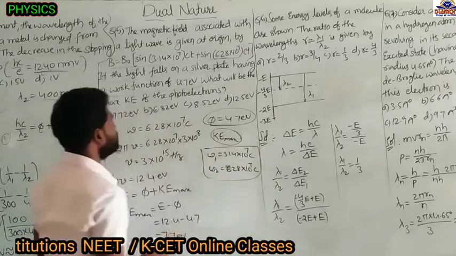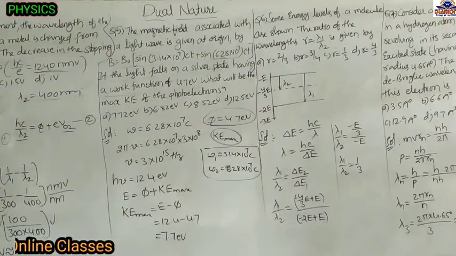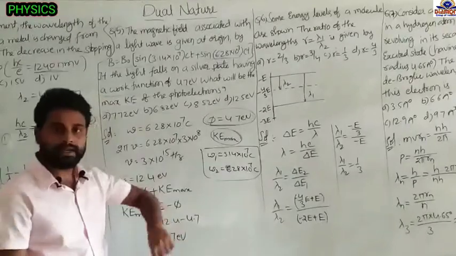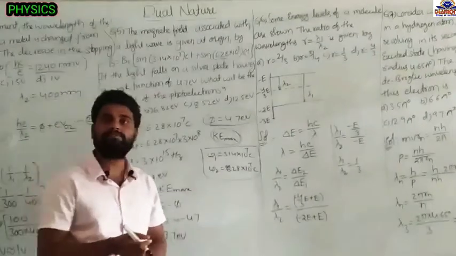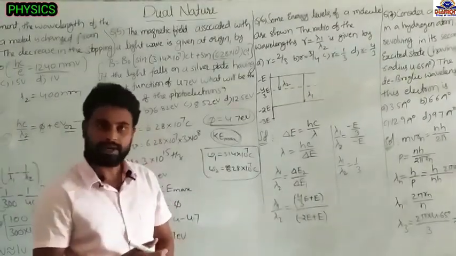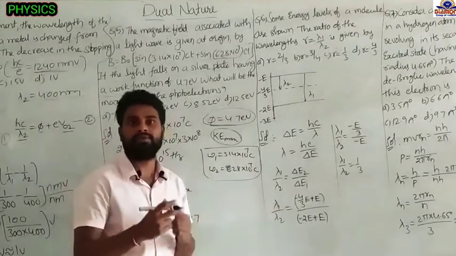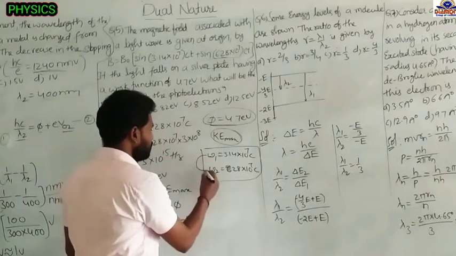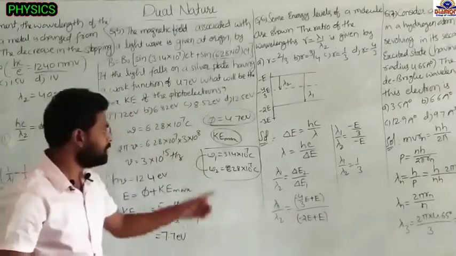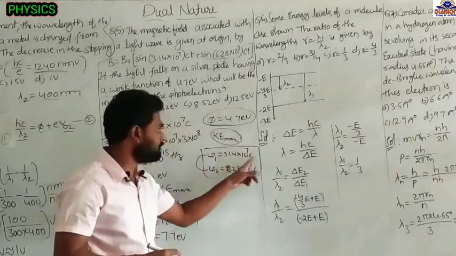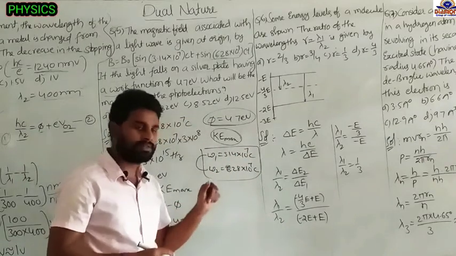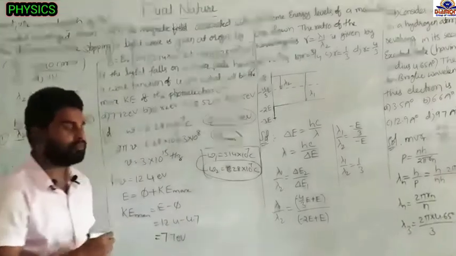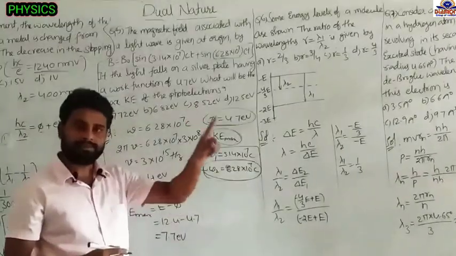So in this case they are asking for the maximum kinetic energy. Which frequency do we have to consider here? Kinetic energy is maximum means the energy of the photon is also more. Energy of the photon is more means the frequency of the light wave is also more. Between these two, which has the more frequency? 3.14 into 10 power 7 C, or 6.28 into 10 power 7 C. So 6.28 into 10 power 7 C has the more frequency. For this one, the energy of the photon is more.